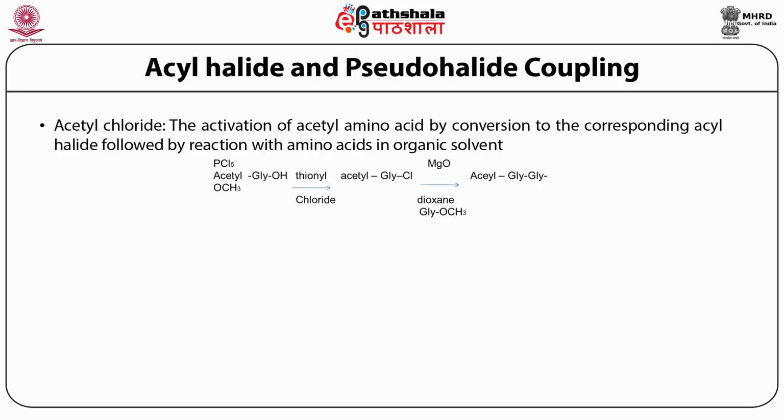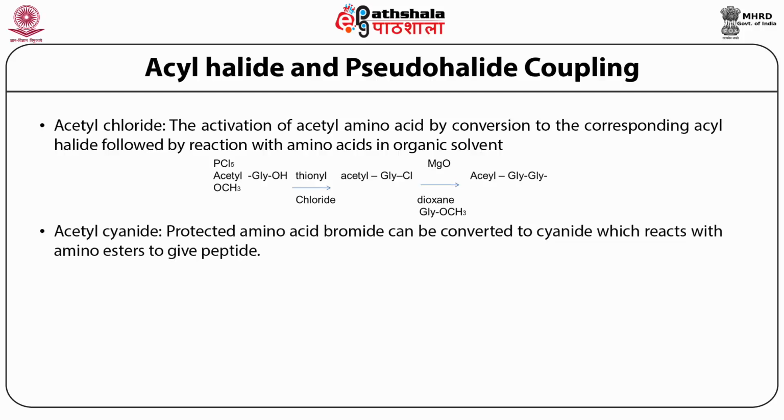So acetyl glycine in the presence of thionyl chloride and PCl5 forms acetyl glycine chloride, which is then coupled with another glycine, protected by a methyl ester at the carboxylic group, in the presence of magnesium oxide to form the dipeptide acetyl glycine glycine OCH3. In the acyl cyanide method, a protected amino acid bromide can be converted to a cyanide, which reacts with an amino ester to give a peptide. So the acetyl glycine bromide reacts with glycine OCH3, that is, the other amino acid protected by a methyl ester at the carboxylic group, in the presence of hydrogen cyanide to form a dipeptide,